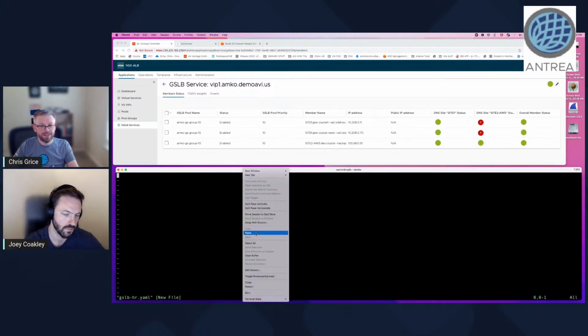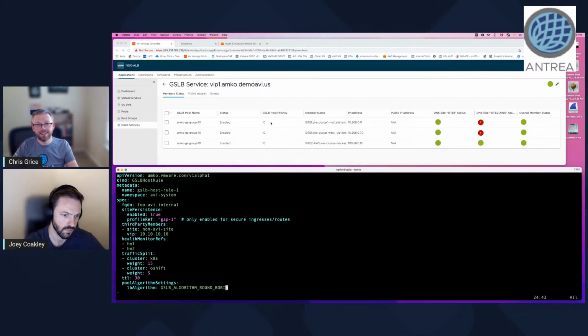So what I want to use this to do is currently you can see that all of these pool priorities are equal. So what I'm actually doing here is I'm round robining between all of these. These are all active. Basically, my application is active. And so what I want to do is change this to be active standby. And so what I can do is,